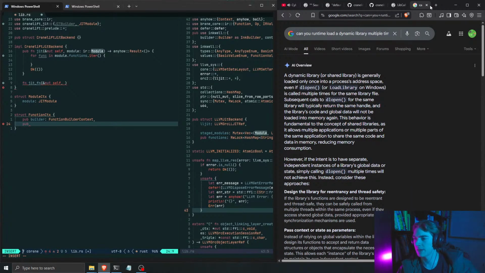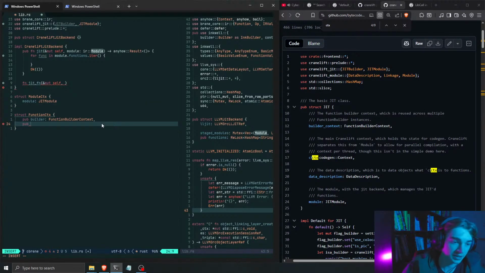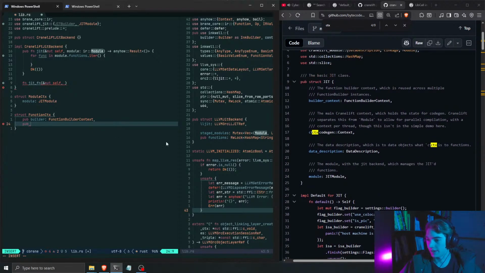Okay, this was me going completely off the rails on, what if I did output statically compiled binaries? I would need to be able to link to actual libraries from other